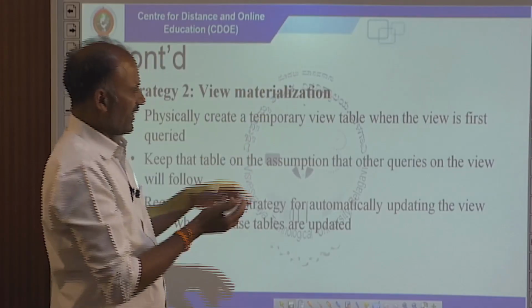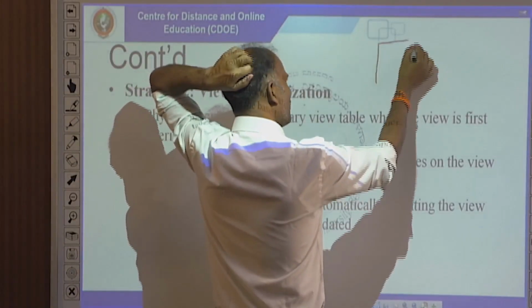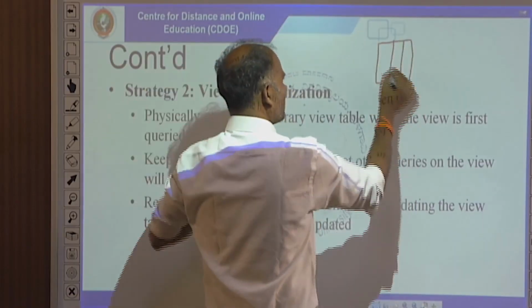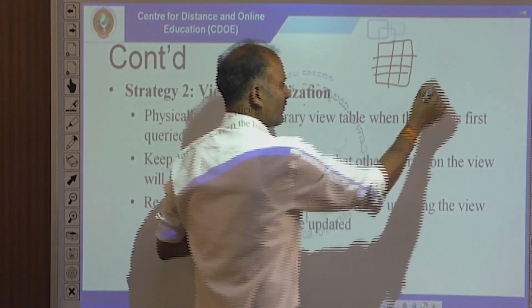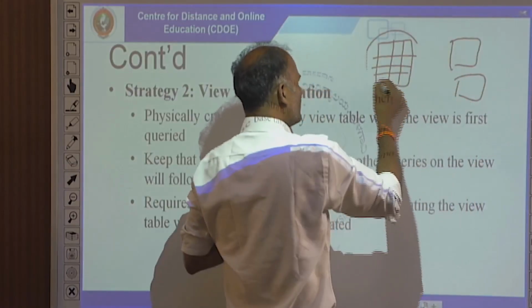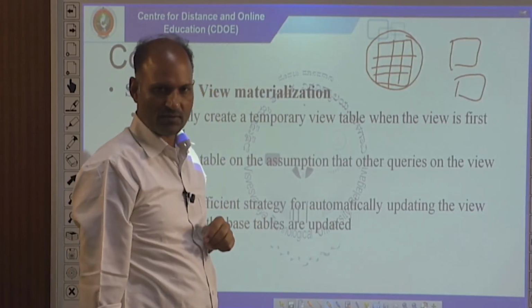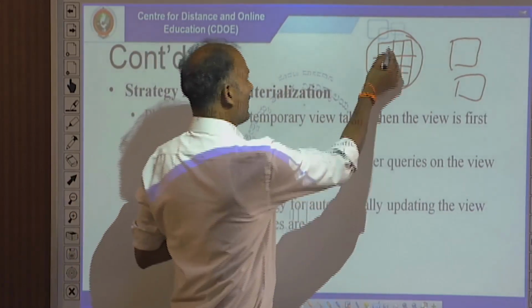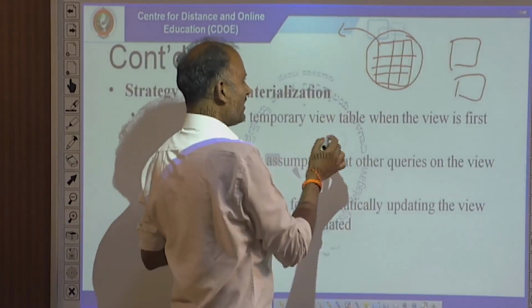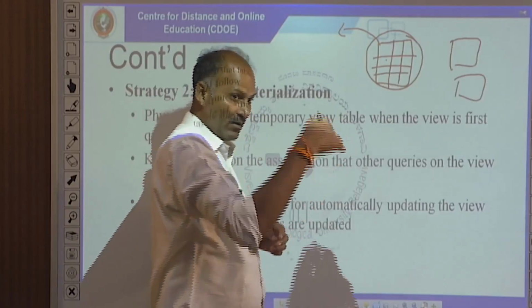Similarly, the view creates a temporary table, a virtual table from the real tables. This virtual table will disappear as soon as the query gets over, but I want to keep it so that whenever I want to refer to this data in future